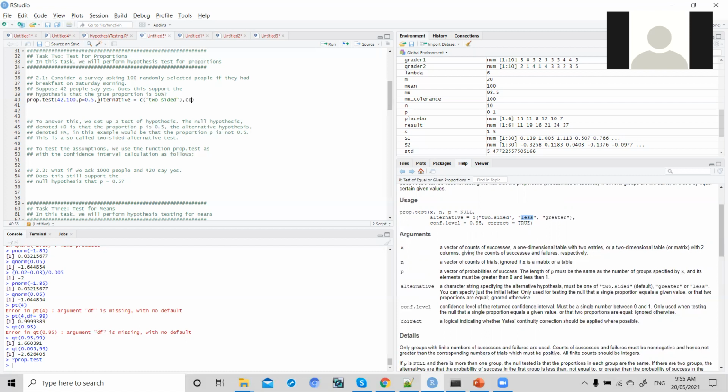And what would be my confidence level? The confidence level is 0.95. And the last parameter is by default, let's say this is equal to true. So if you run this statistic,